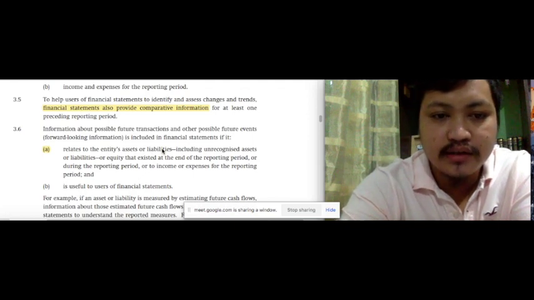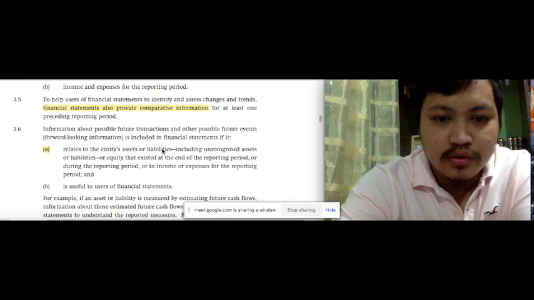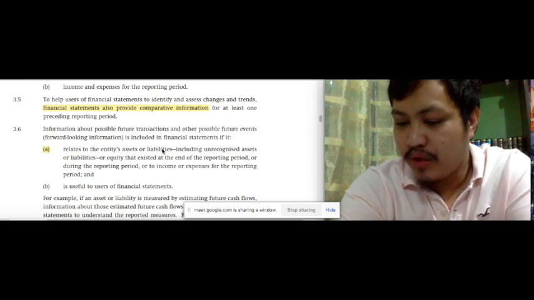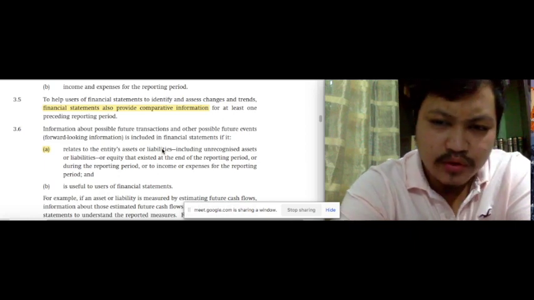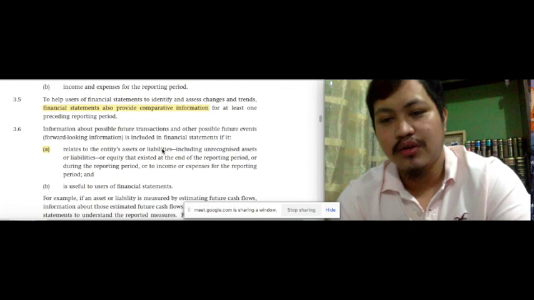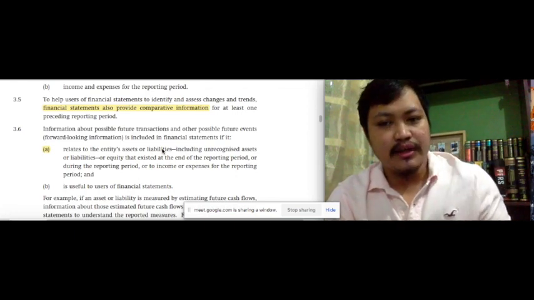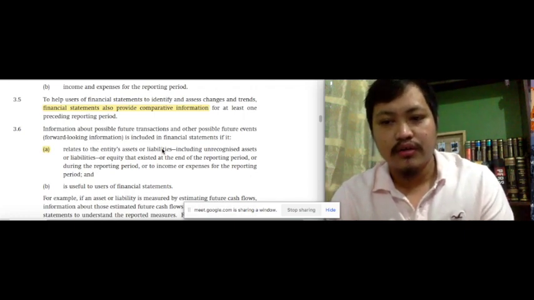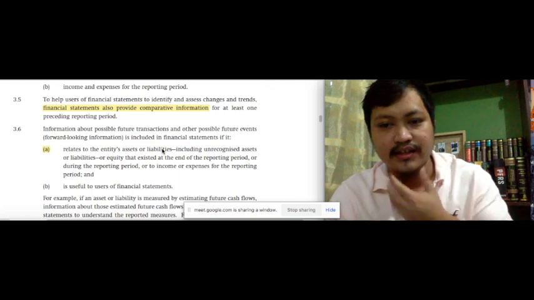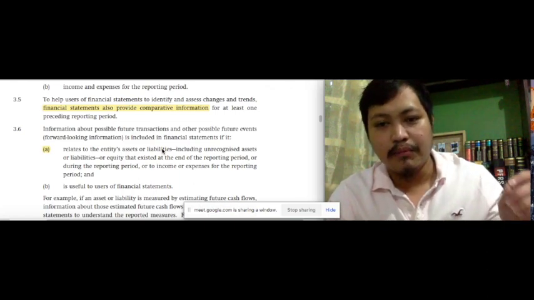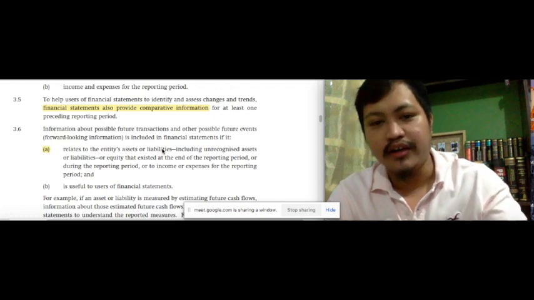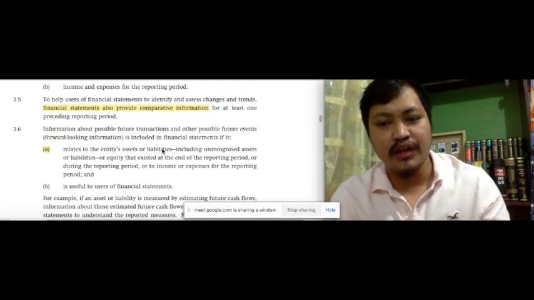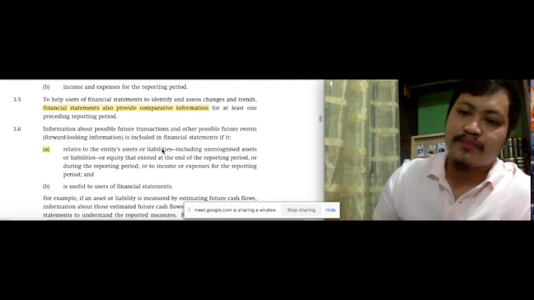If the information relates to the entity's assets or liabilities, including unrecognized assets or liabilities. Plus, we have what we call your contingent assets and contingent liabilities, class. There are contingent liabilities, class, that do not warrant recognition but warrant disclosures in your notes. When I say do not warrant recognition, class, they will not be recognized as an element of the financial statements. They will not be reported as an asset, liability, equity, income, or expenses. But because of their potential effect, class, for example, a contingent liability, because of the relevance or the significance and materiality